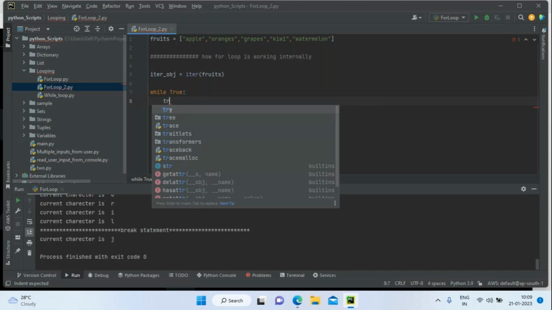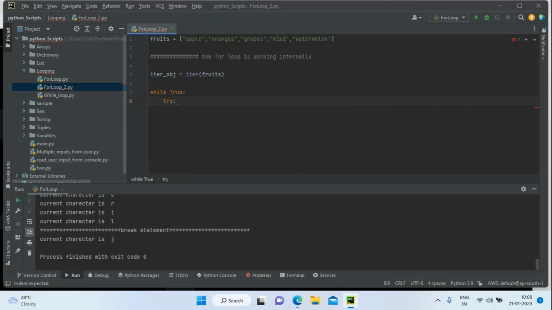See, I'm going to use one try block over here. You might have a question why I'm using a try block. The try block is used to handle runtime exceptions, if any abnormal condition comes, it will handle that. It takes the condition in the except block, and you're going to handle that exception. Whichever code an exception is going to occur in, you want to put that in the try block. For example, I can show